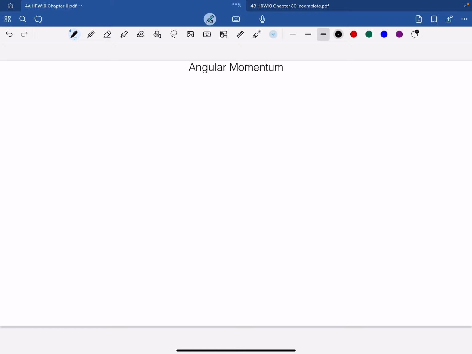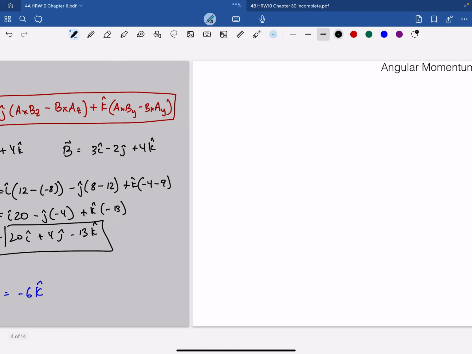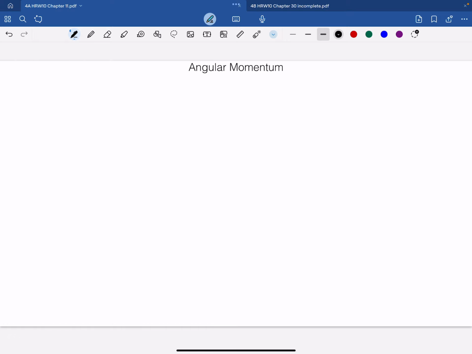We need to talk about angular momentum. So we left off last time with the cross product, this mathematical definition of how to multiply vectors together. And the whole reason that we had to learn about the cross product is because angular momentum and torque turn out to be cross products. With both torque and angular momentum, we're getting another vector out of putting two vectors together. So let's do some definitions and write down some things, and then we'll see where we get with applying everything